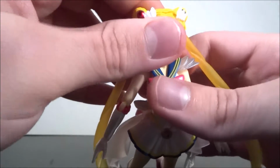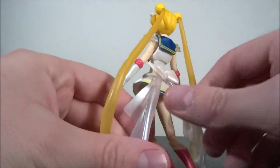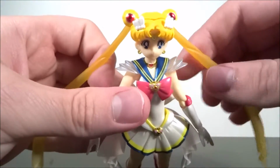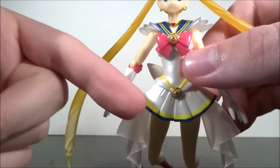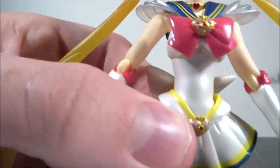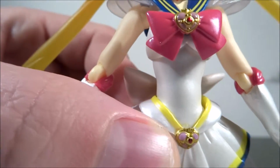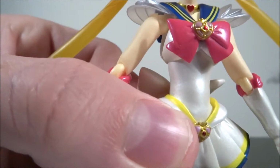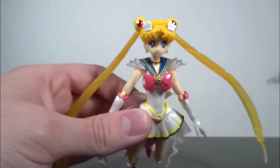the paint and the detail, just like with these S.H.Figuarts as usual, is clean, nicely done. It doesn't really come over well on camera, but the entire white part here is in a pearlescent white, so it's shiny, it's kind of glittery. It looks like a pearl because it's pearlescent. I'm gonna zoom in a little bit. I think you should get a little bit of an idea what I mean. It's mostly the white. What about the red? No, the red is not really pearlescent. The blue is also kind of more shiny. It all looks like